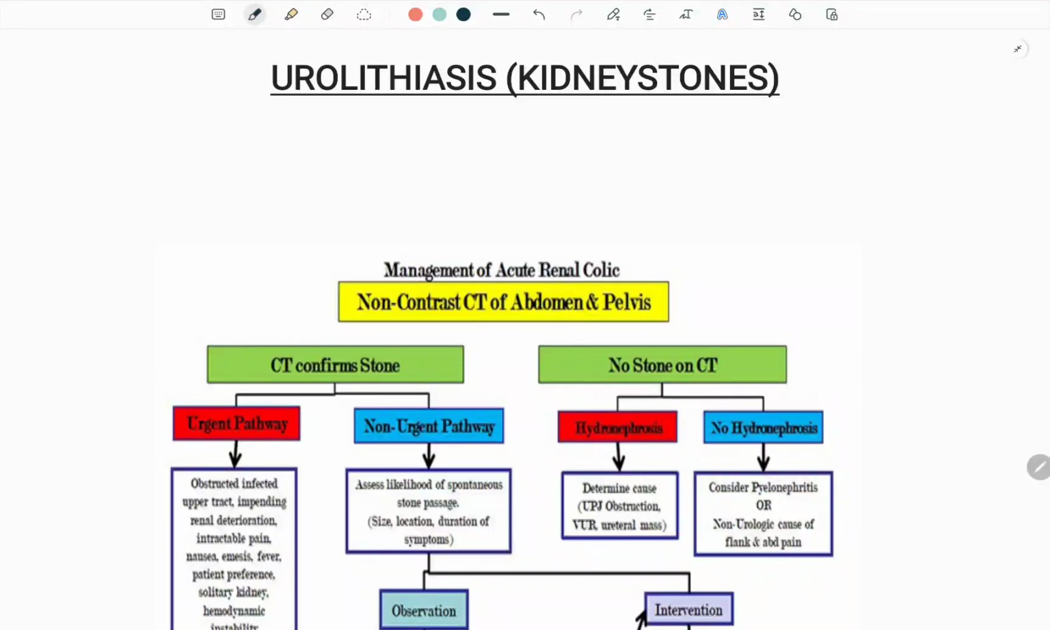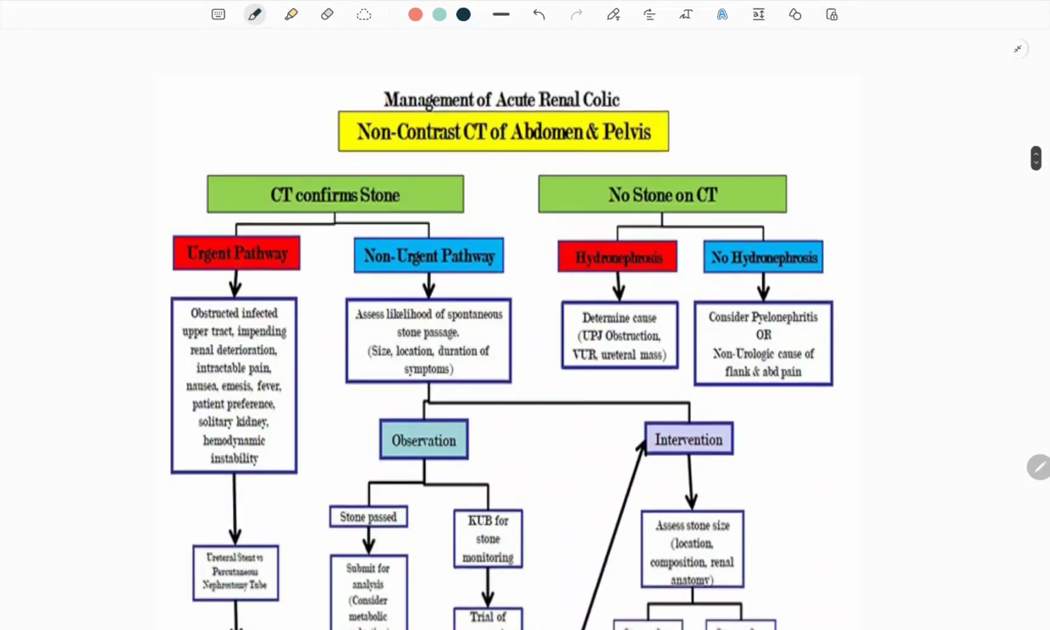Urolithiasis or kidney stones, part 3. Here we'll talk about the management of the acute renal colic. Imagine a patient coming with a lot of pain and blood in the urine, and you suspect there is a stone in the urinary tract. The first most important thing you're going to perform is a non-contrast